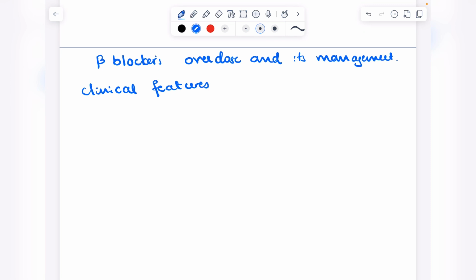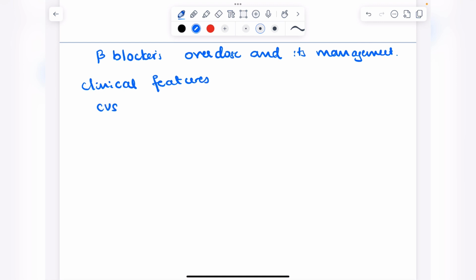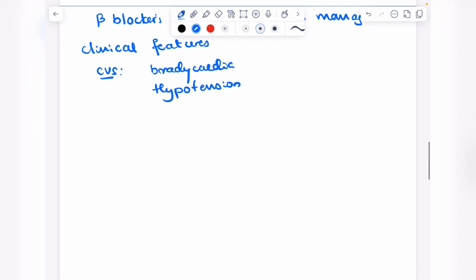So what are the clinical features related to the cardiac system? Beta blockers reduce the heart rate and force of contraction, thereby reducing the heart rate. That is bradycardia, so bradycardia is seen. Next, hypotension. They also cause conduction abnormalities,